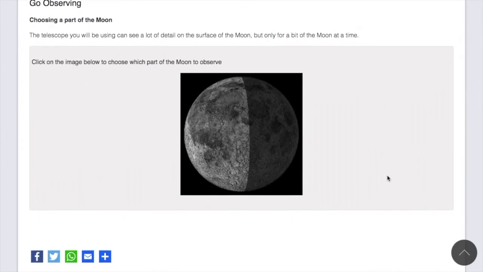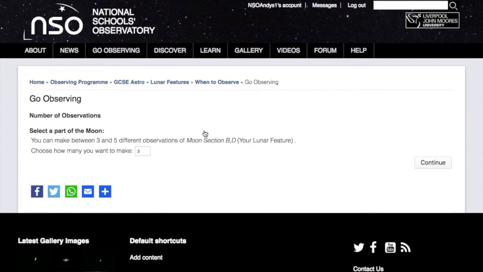The telescope looks at detail. The field of view of the camera is not enough to see the whole moon in one go, so they need to choose somewhere with a particular feature. They could just click at random, but it's much more sensible if they've done some research and chosen a particular feature of interest, a crater or a landing site or something like that. I happen to know there's a very nice crater here, so I'm going to go for that part.